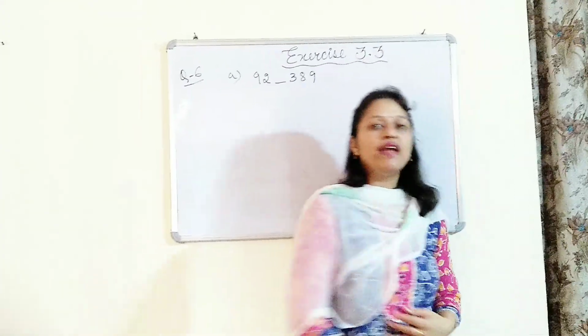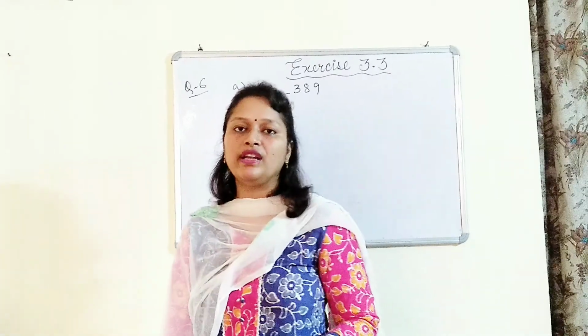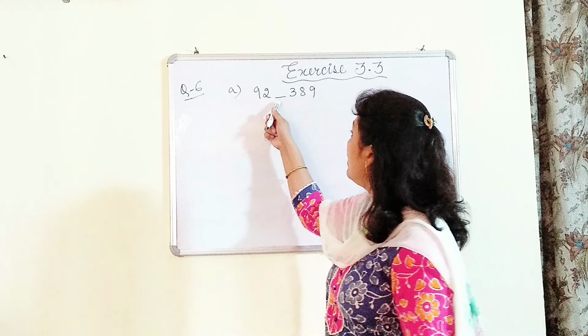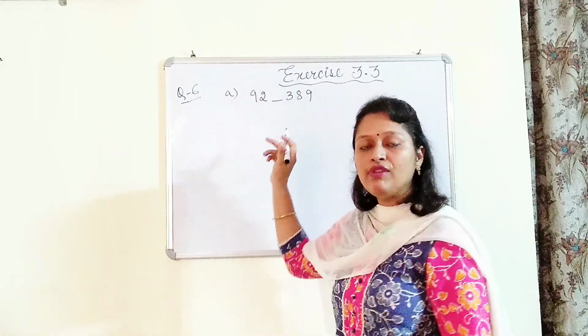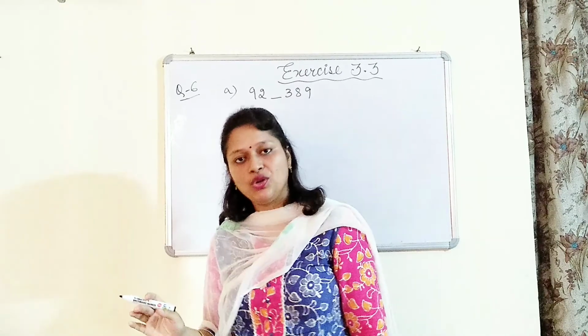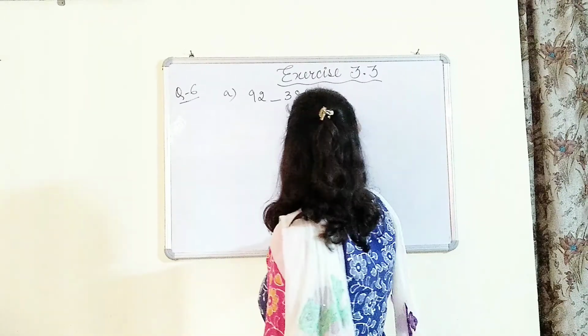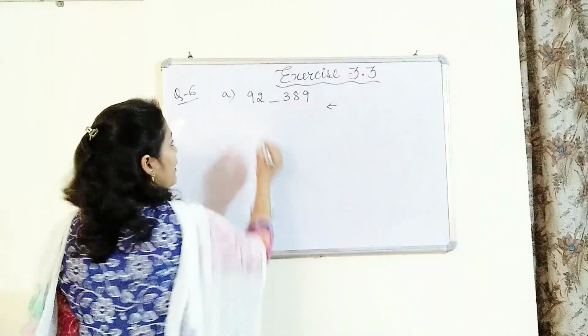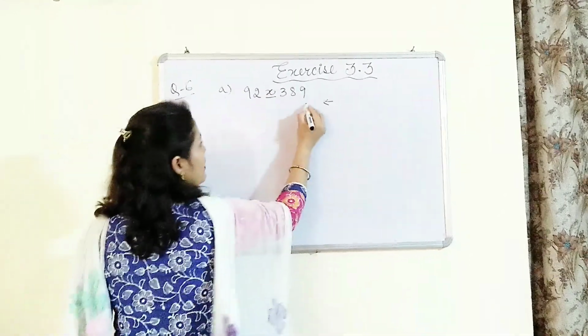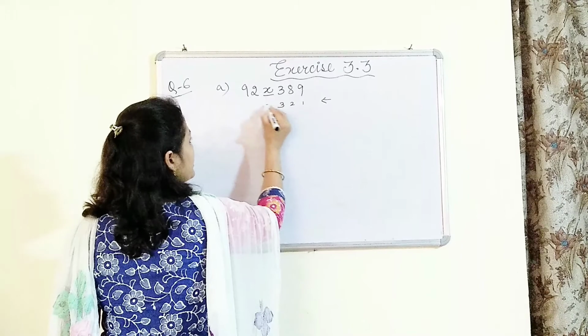Now you have to find a digit. There is no condition of smallest and greatest. You have to find a single digit which can be written over here so that the resultant number will be divisible by 11. Okay. All of you know what is the condition of 11. So first of all, what we have done earlier, let us assume this digit to be x, and we will number the digits from the right side.